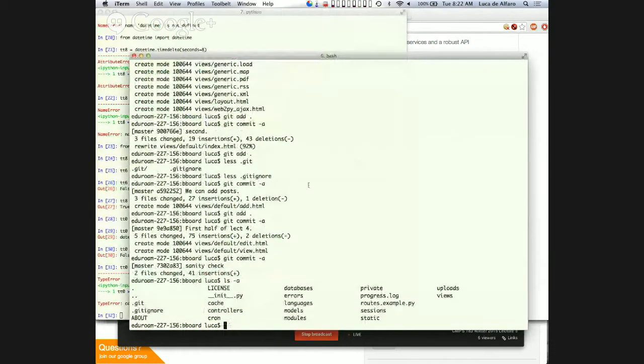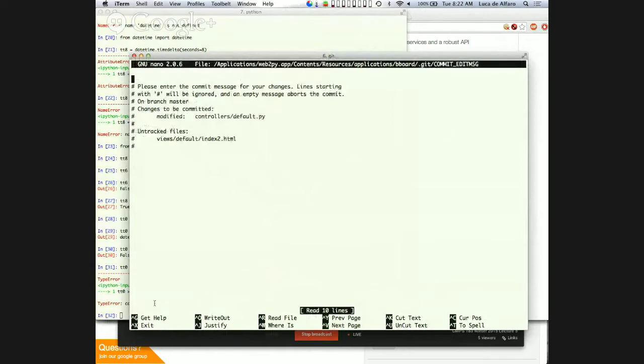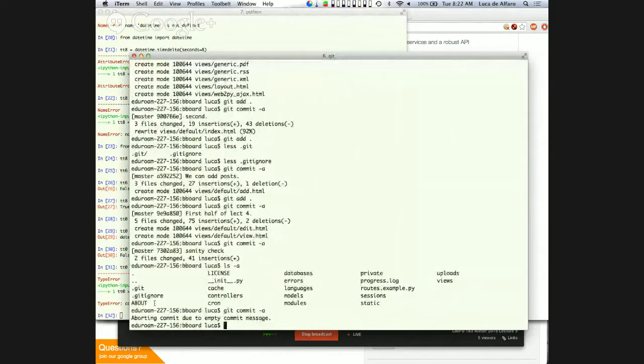I had started a repository. Okay, let me do a commit. So let me, before I do the commit, why do I say git commit -a? So what are the main commands?